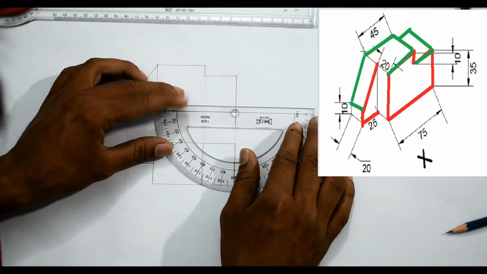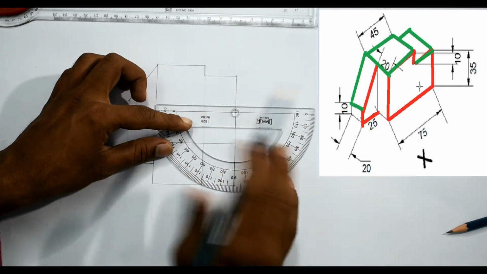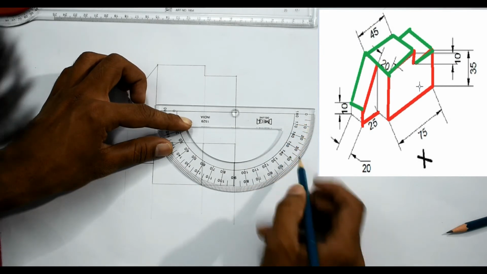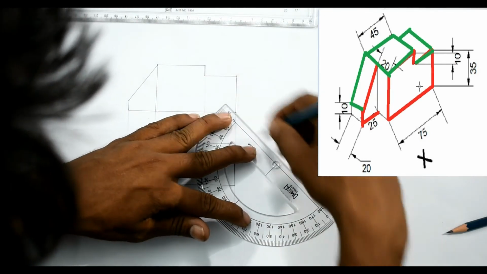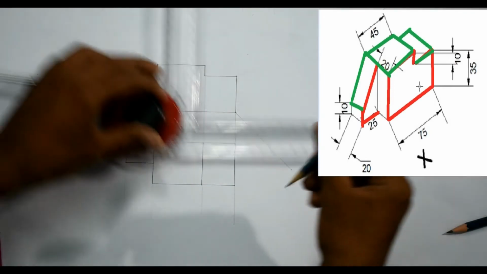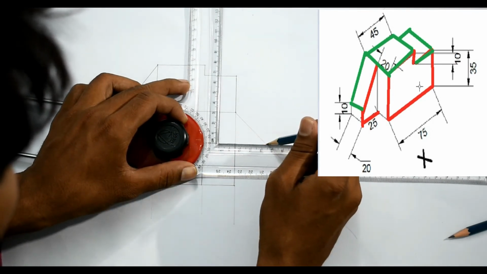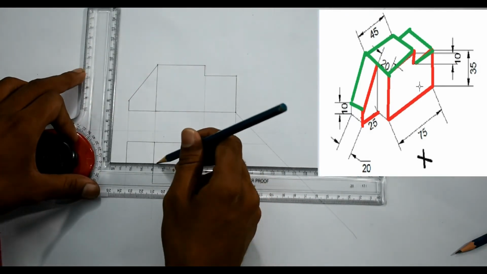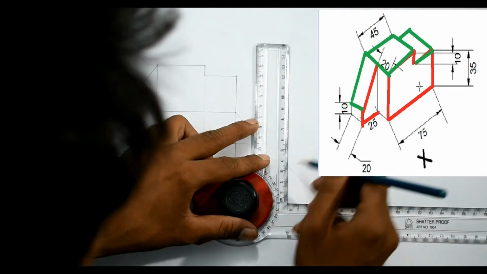So first I will take the miter line. Observe that now I am keeping the protractor on the right hand side, so I have to measure the angle from this 0, 10, 20, 30, 40, 45. Now I will project this line from here upwards.